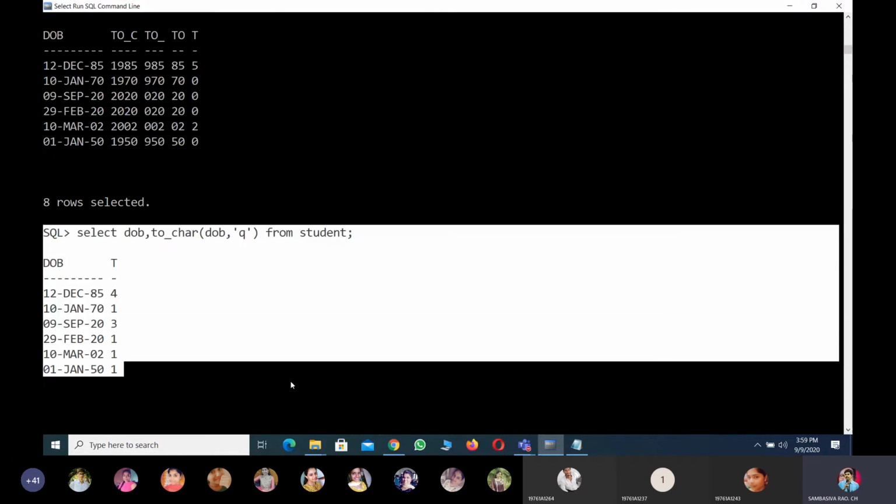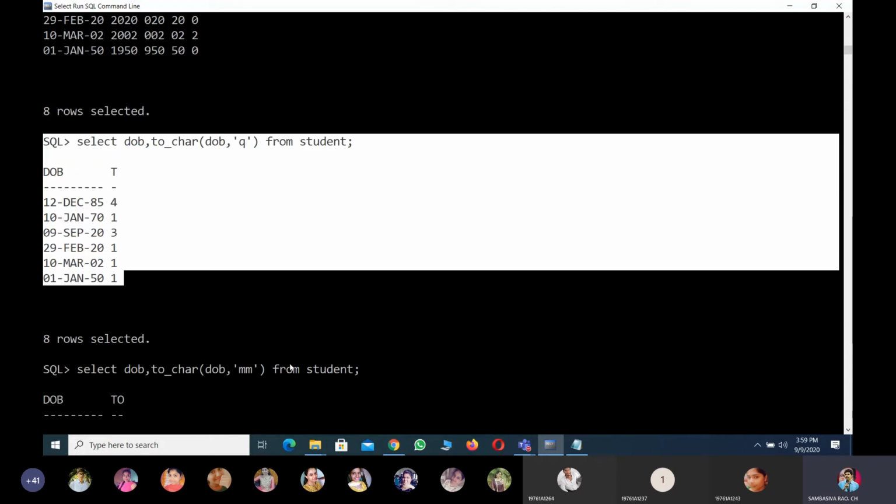Then year segregation in a quarter manner: which quarter we have. Suppose I ask you to find the reservations that were done in the second quarter. That means you have to identify the reservations done in the second quarter, in the reservation dates. The second quarter belongs to April, May, June. The reservation may be done in the April, May, or June month. You have to verify and give the complete track record. To verify the quarter, Q has to be used.